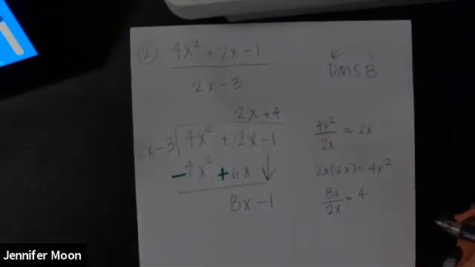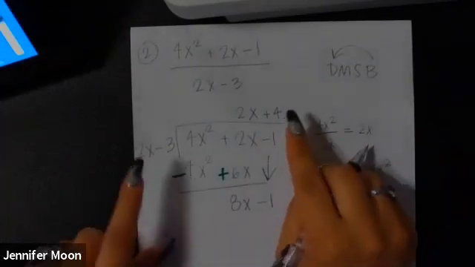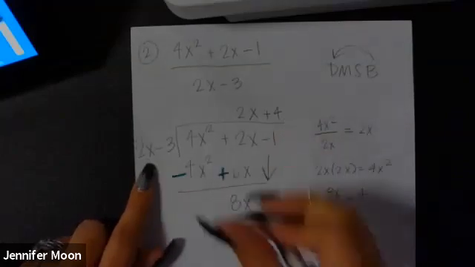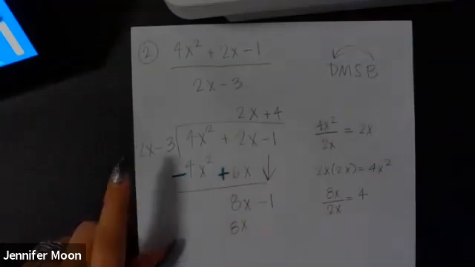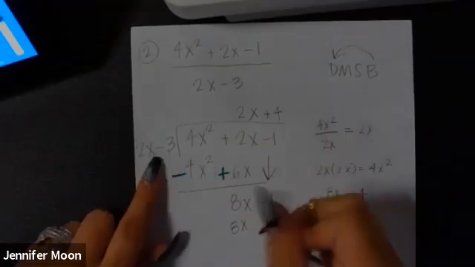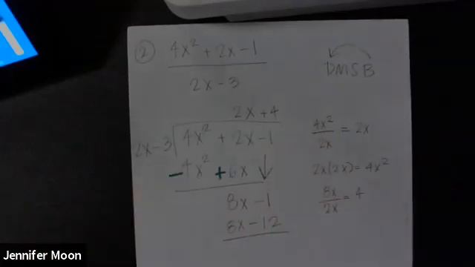After your division, you multiply this times everything. 4 times 2 is 8. X times no x is just x, and those are positive. 4 times 3 is 12. Signs are different, so it's negative. And then you